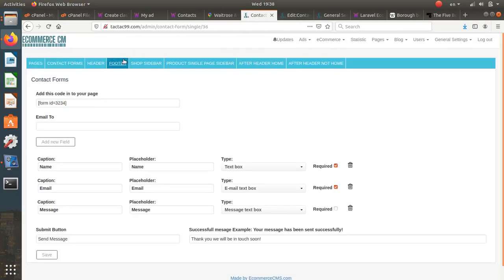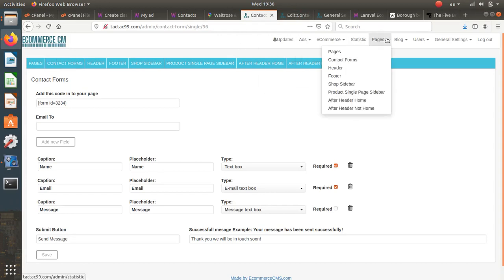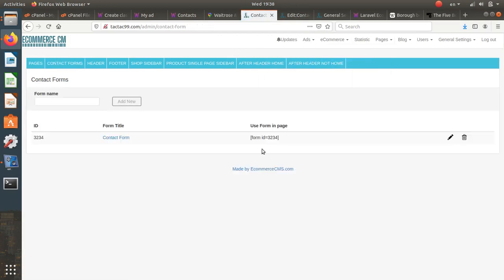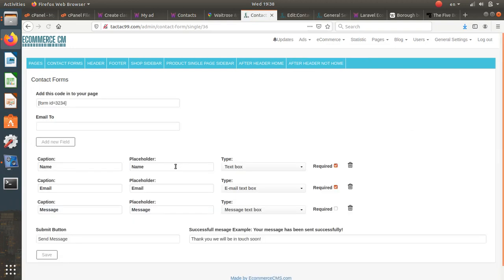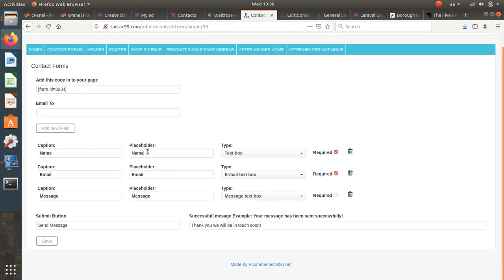We go to pages, contact form, and 3334 form. We could create as many contact forms as you want. So we go name, email, messages, keep it required, button send message, after send message send successful. This is the text, and